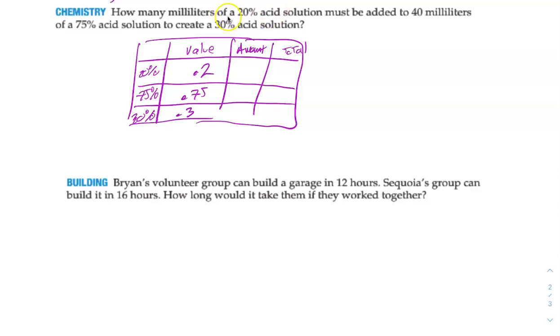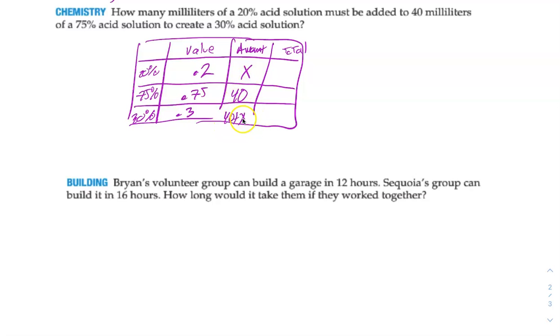How many milliliters of 20% acid must be added to 40 milliliters of 75% acid? So we know this is 40. We're asking how much this should be. Now when I add this plus this, I'm going to get a total down here of 40 plus x. So the value, the amount, how much of this thing are we adding to this thing to get a